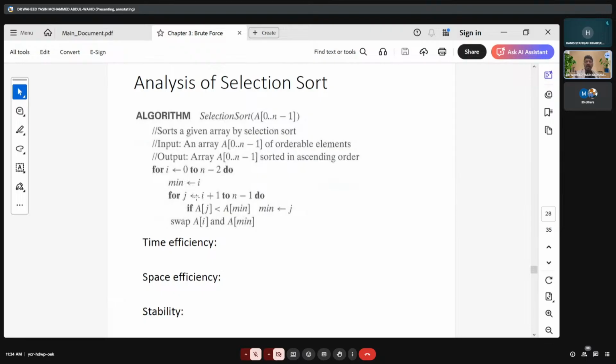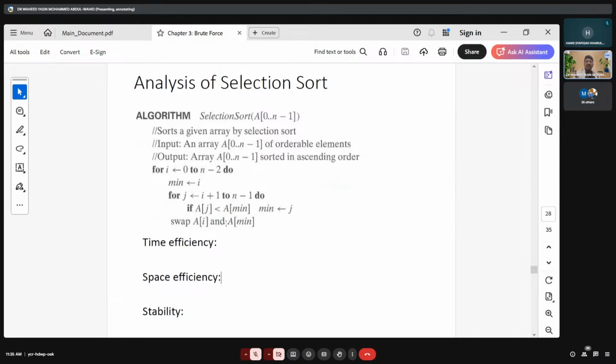For j from i plus 1 to n minus 1, do: if A[j] is less than A[min], then min equals j. After that we swap A[i] and A[min]. So if it is less, we record it; we don't swap like we do in bubble sort. We compare the minimum index with j, and if the minimum is j, the index will just swap with